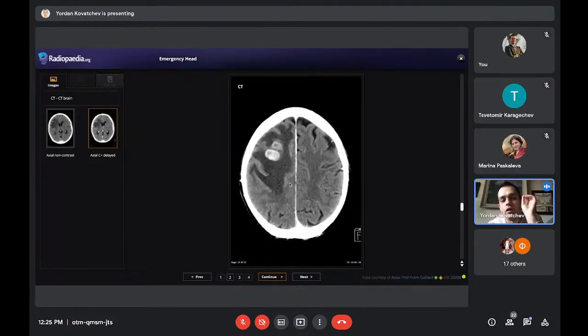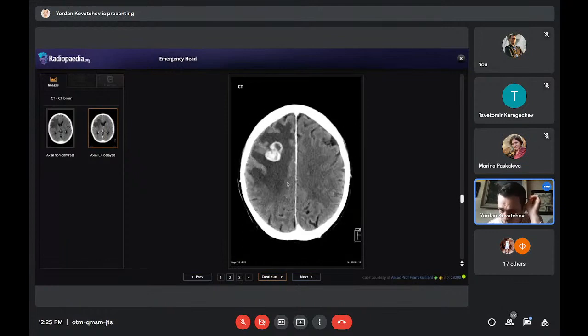Probably there's something else going on. And what is going on? As I mentioned to you earlier, there are lesions, there are masses inside, and this is some sort of a tumor, or this is the initial diagnosis we make. And then we think, this is an adult patient, there are 2 lesions, they're probably metastases.